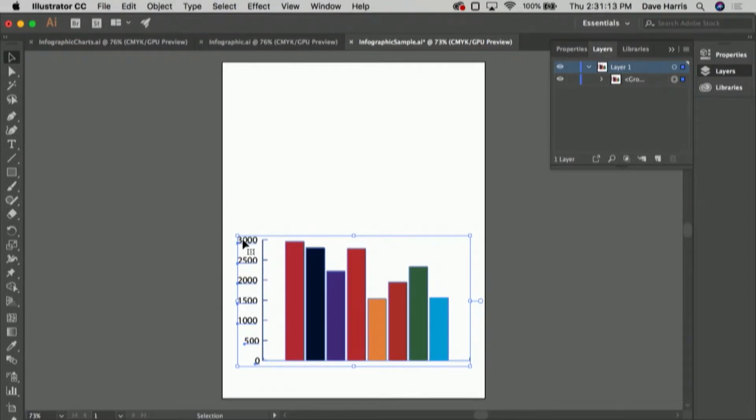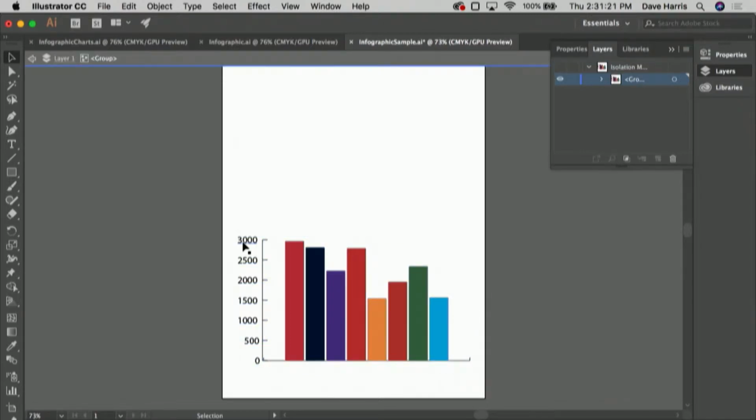So we want to change and add a dollar sign, and also we probably should add some commas. I'm here in the United States, so certainly we're going to use some commas because that's the way the United States does things. I'm going to go ahead and double click in there, and I'm going to use my type tool, which is the big capital T along here, or T on the keyboard is the shortcut. And I'm just going to bring my cursor in there by clicking inside there, use my arrow keys on my keyboard, and I'm going to put a dollar sign in, and I'm going to put a